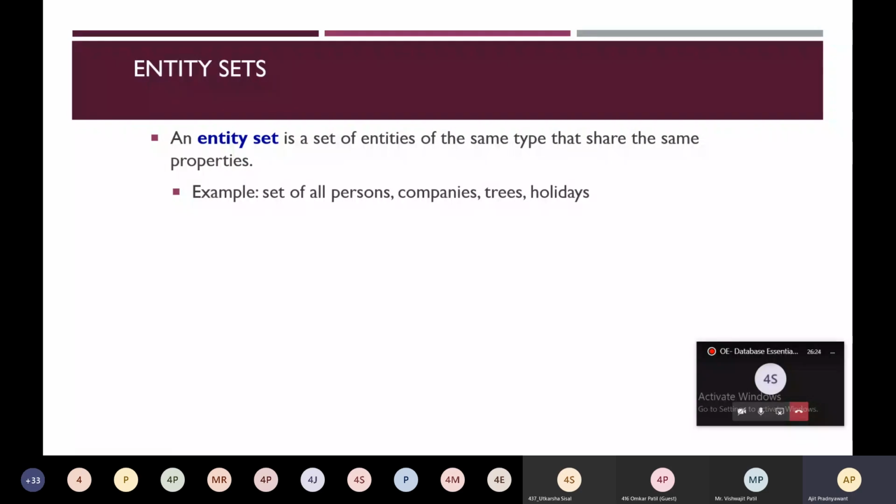You can give different names to the trees, and that set of trees is called an entity set. Next example is holidays. In holidays, you will find a set of different holidays, and the set of those holidays is called an entity set.